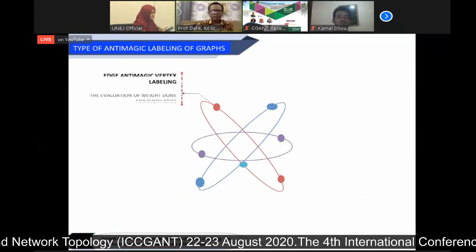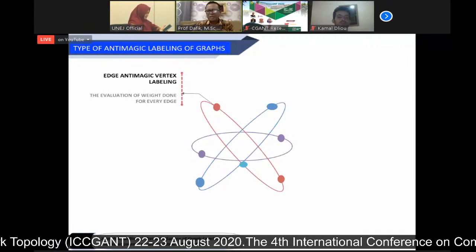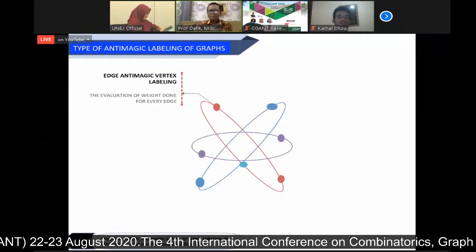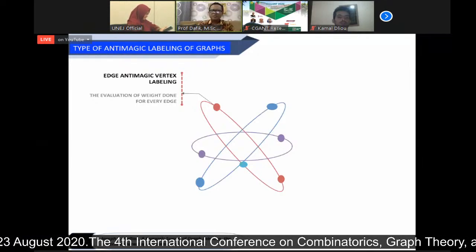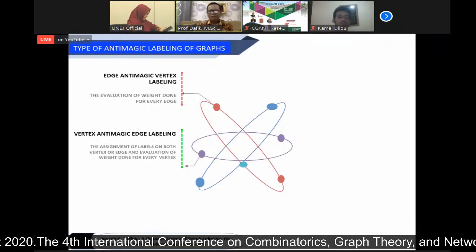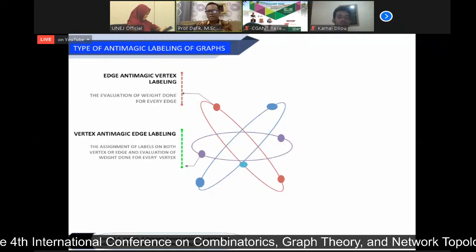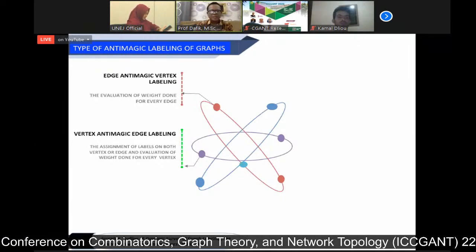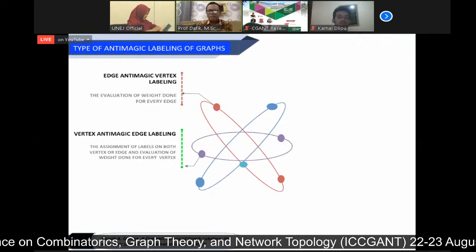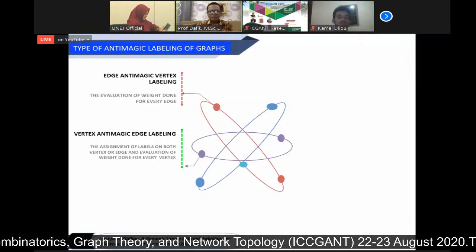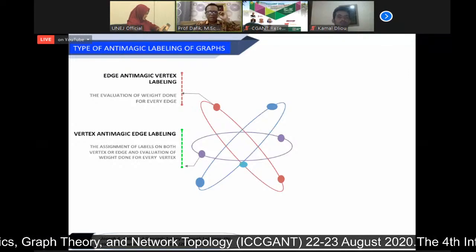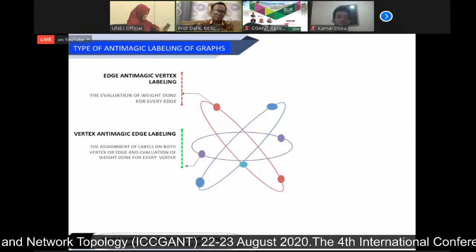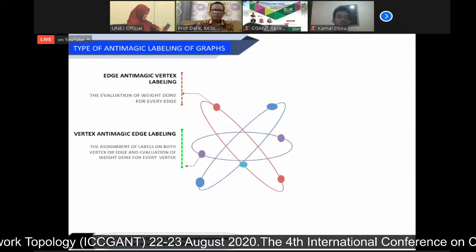And then we have a lot of expansions of anti-magic labeling of graphs. We have edge anti-magic vertex labeling, so the evaluation is done for every edge. As well as we have vertex-edge anti-magic labeling, the evaluation of labels on both vertices and edges, and the evaluation of edges done for every vertex. And we also have